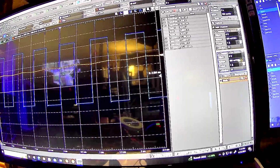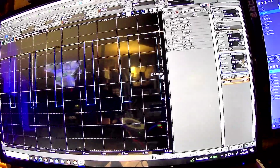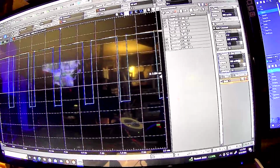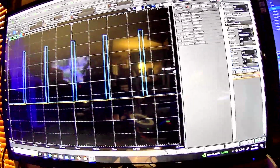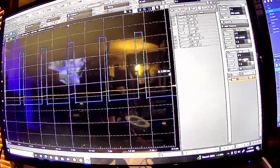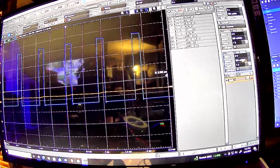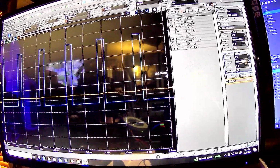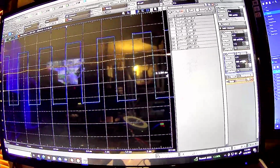Let me change the symmetry to like 75%. Whoop, it jumps up because the average is increased. Let's go down to 10%, way down. All right, 20%, etc. So that's what they test in the book that you saw, a square wave. But at any rate,